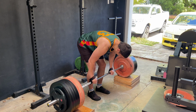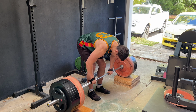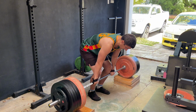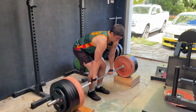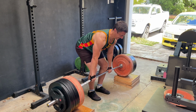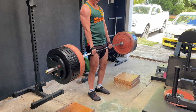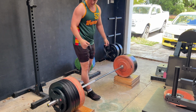I'm feeling good. On the off days, I really feel like I'm tired now. I wonder how much of that is just psychology, knowing that I don't have to push hard. Whether my CNS just deregulates everything and I feel tired because I'm not amped up. But whatever the case might be, I think it's going to be good to know that I have an easy day after a heavy day. Whereas